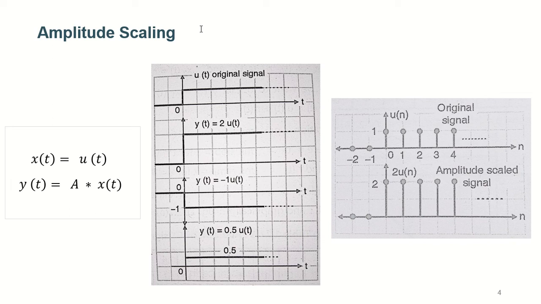When we do that, what kind of result will we get? The y of t, right? So y of t will be the amplitude scaled version of x of t, right? And this scaling will be decided based on the constant, the a, right? So based on this constant, we will get different versions of